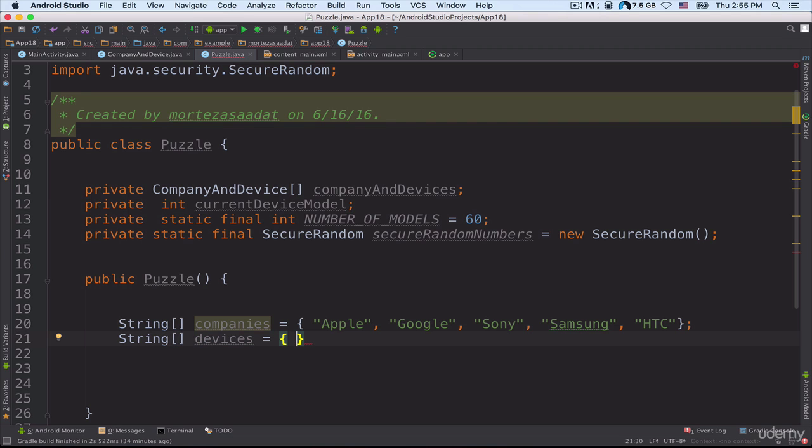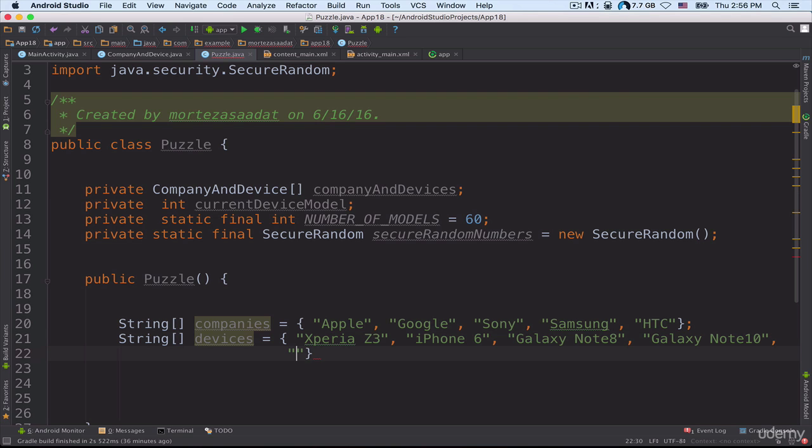So the first value that I want to assign to this array is Xperia Z3, okay, comma, and the second value is iPhone 6, comma, again put in two double quotes here, and here I just need to type in Galaxy Note 8, comma, and two double quotes here, and inside the double quotes again I can just type in Galaxy Note 10,